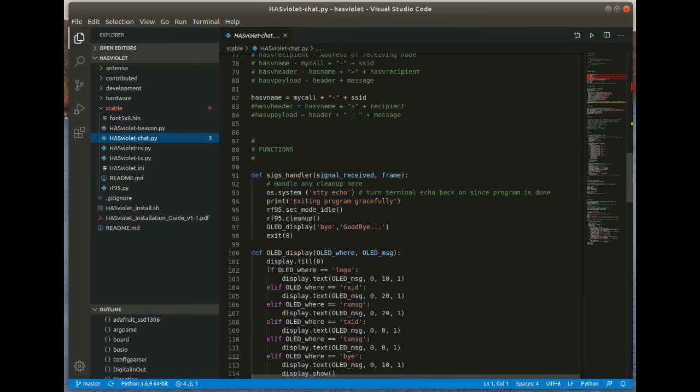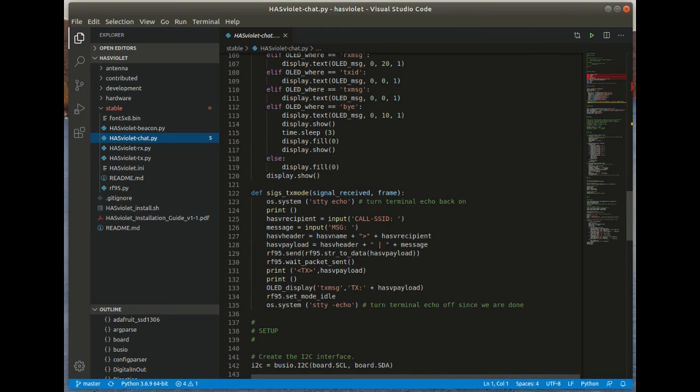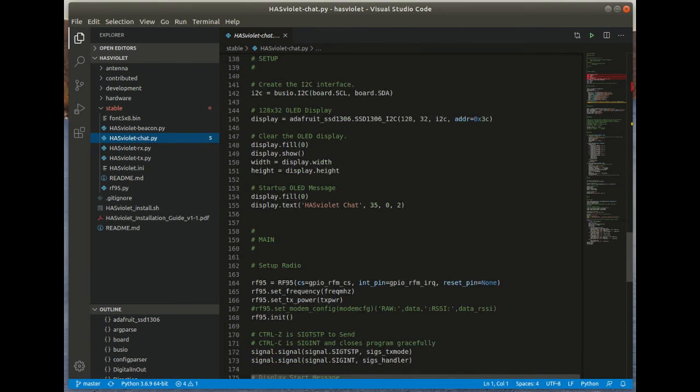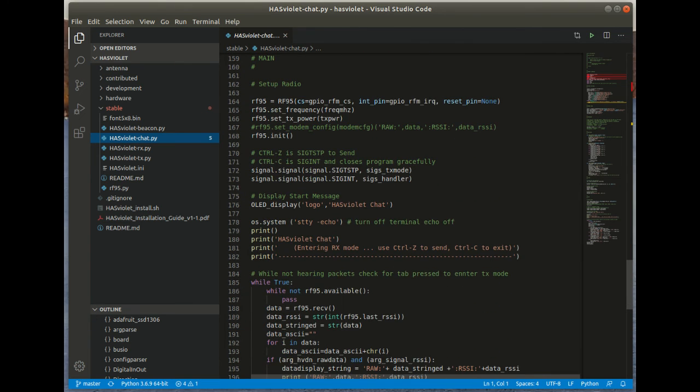I can use the control signal to put us into transmit mode. So if I go to the main loop, you'll see that here we set up the radio, and here's why I set it up so that if there's SIGTSTP, it puts us into send, which would be a Control Z. If there's a Control C, we go ahead and exit. This was the only mechanism within chat I could use to get us to a clean transmit mode,